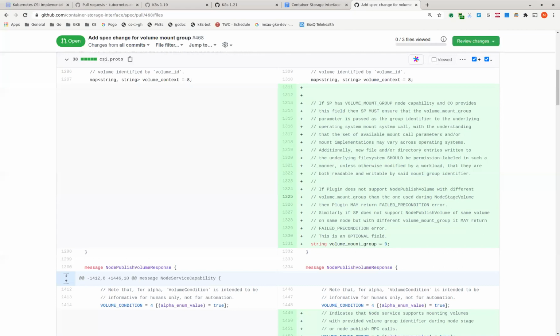Okay. So it sounds like we should put that if supported, then it should succeed. A plugin may support or should support, I don't know. I guess you want to move the may to the supporting of the different volume groups, and then say if you don't support it, then you return failed precondition.